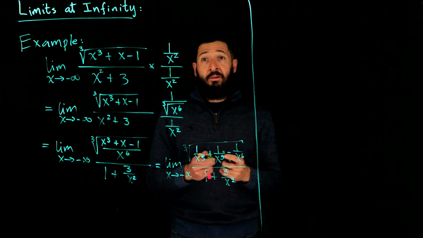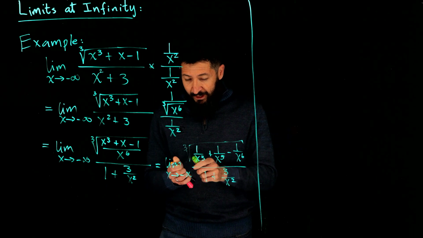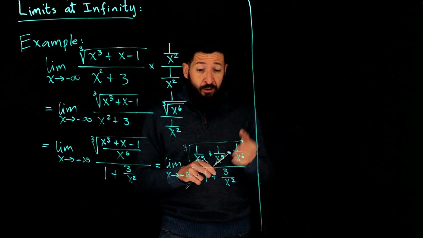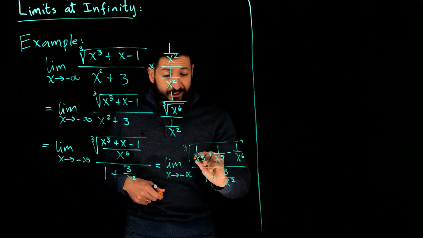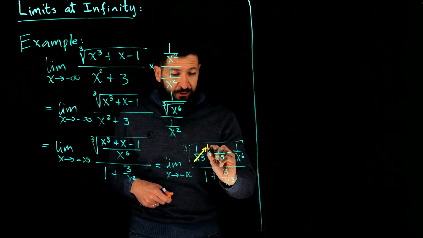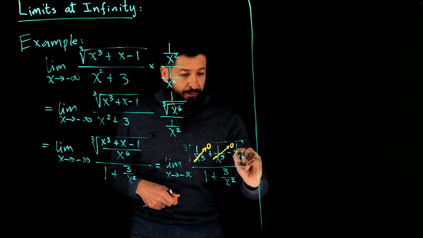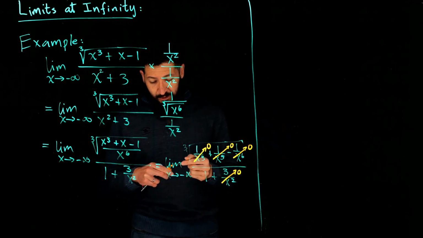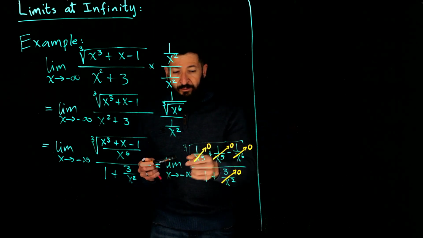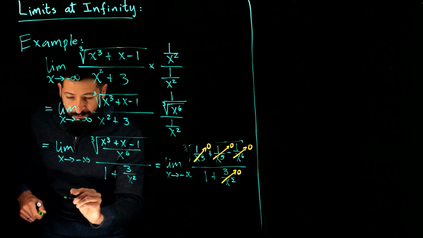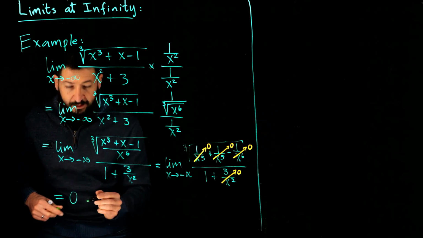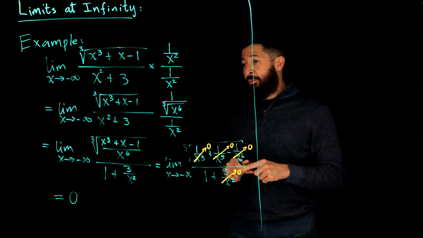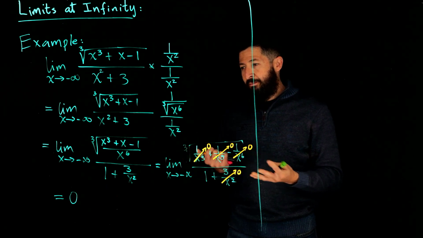And so now when you look at your limits, remember the fact that all positive powers of x in the denominator go to 0 as x goes to plus or minus infinity. So in this case, we're going to 0, 0, 0, and 0. So in this case, we get 0 divided by 1, which is going to give us a 0. And that would be the right answer. That would not give you a 0 in the exam. So anyways,